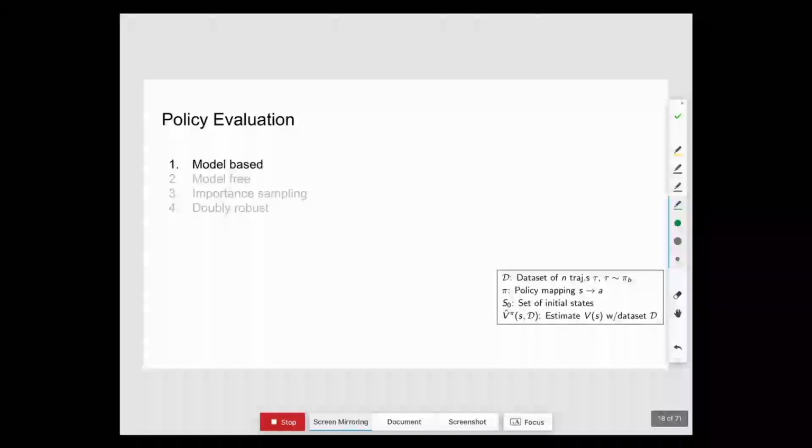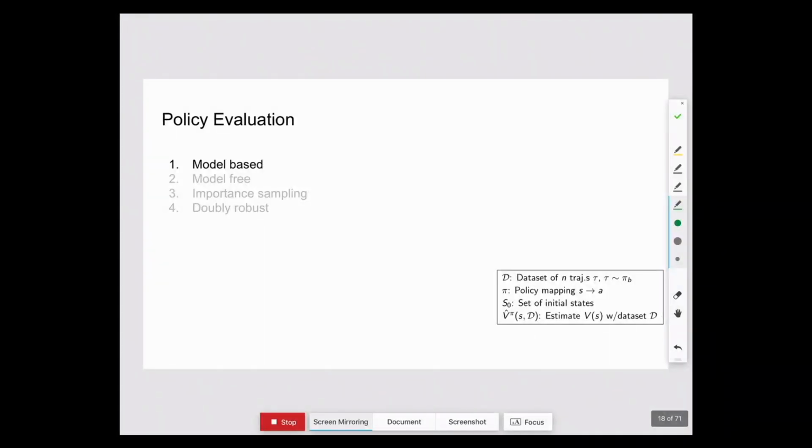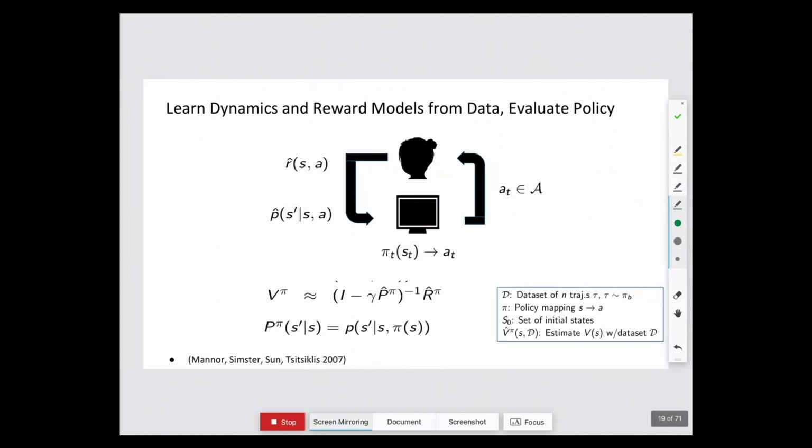So I'm going to briefly go through the classic ways to do policy evaluation, and some of these are going to look very familiar or very similar to the methods we were talking about before. The first is model-based. So in the model-based approach, we can estimate our dynamics and reward model from data. We talked about that a little bit yesterday with the NBIEB algorithm, where we took our data, we just averaged it to get the average reward, or we averaged it to get the average dynamics model.